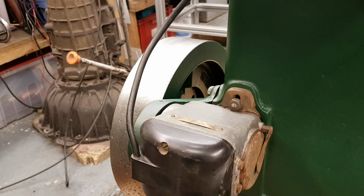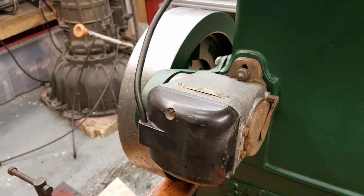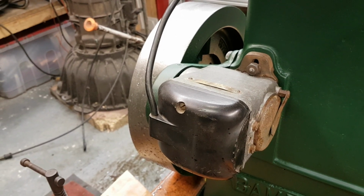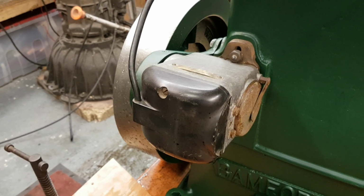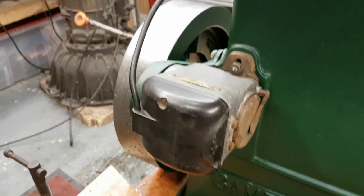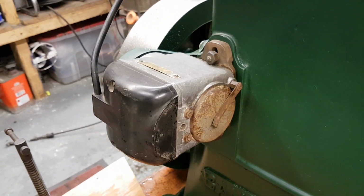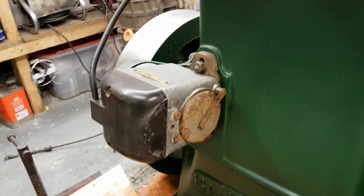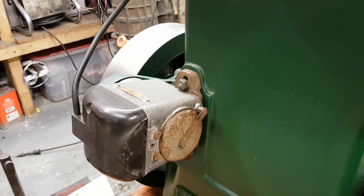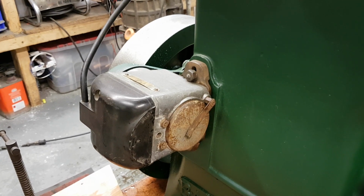This magneto is an RS 1.2, which differs from the RS 1, which is used on a load of Listers, in that it rotates in the other direction. So it rotates counterclockwise. And it was all about the adjustment in the back, because while I had what I thought was a reasonable spark, it wasn't really hot enough to give good ignition. And that all came down to the points gap,